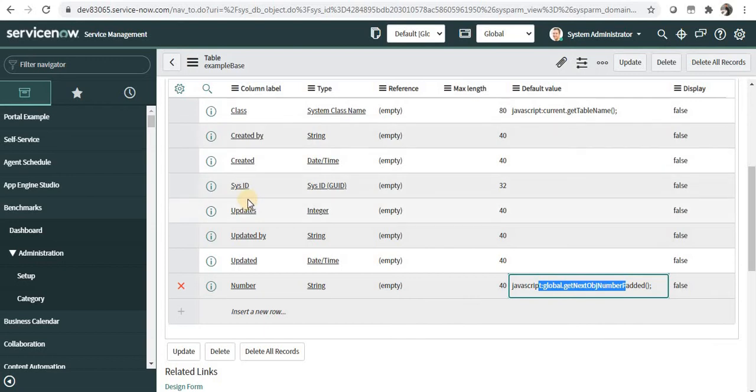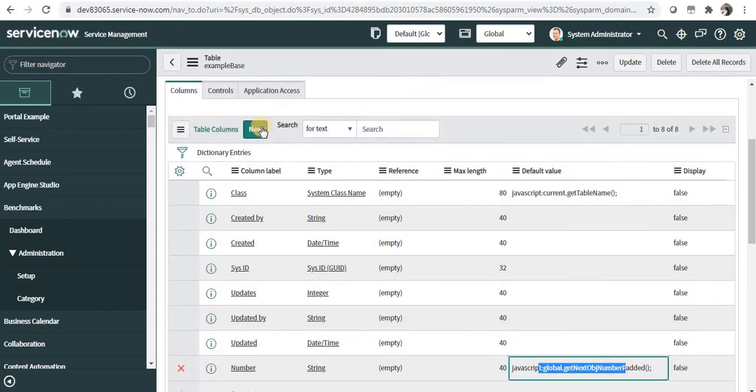And the sysid is the 32 digit unique number which is generated for each and every record you create in ServiceNow. So these are unique in your instance. Created and created by refers to who will create that record will have their name in this, and created is the date and time when the record was actually created. And updated by and updated means who updated that record last, and when it was updated is stored in updated, as it's a date time field.